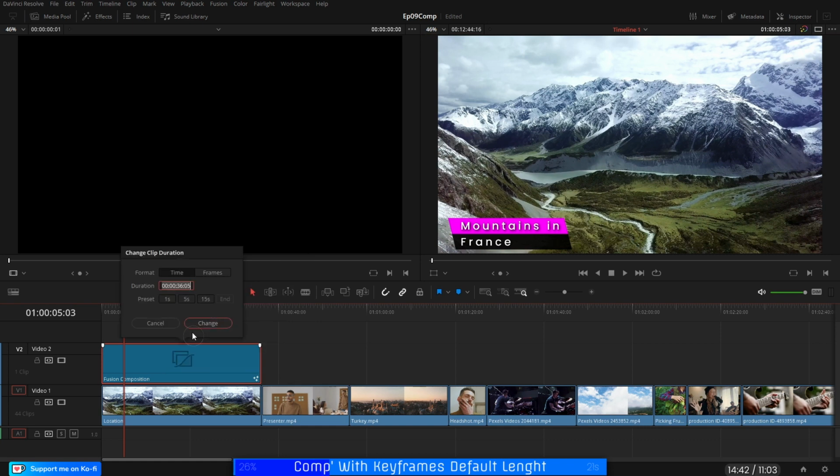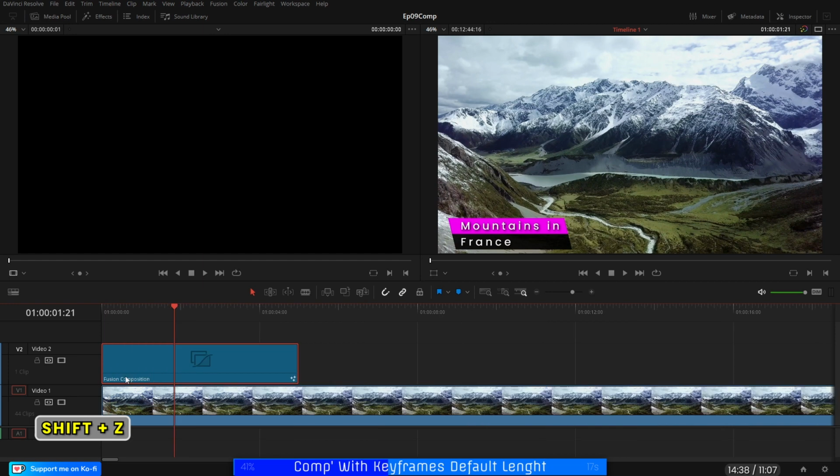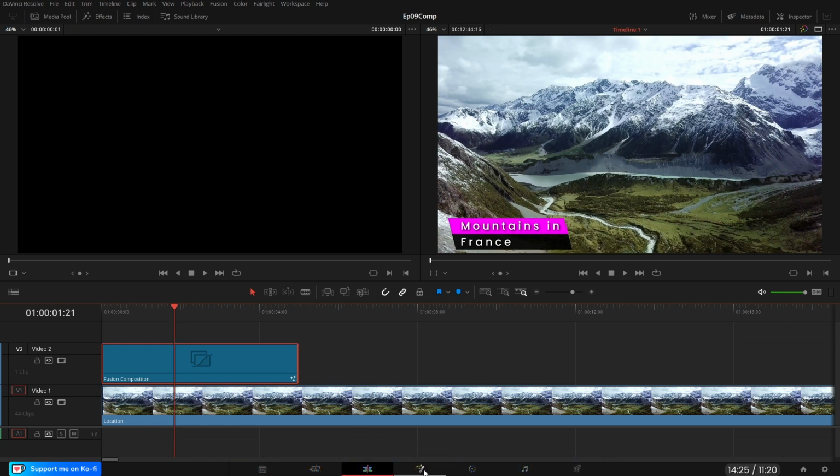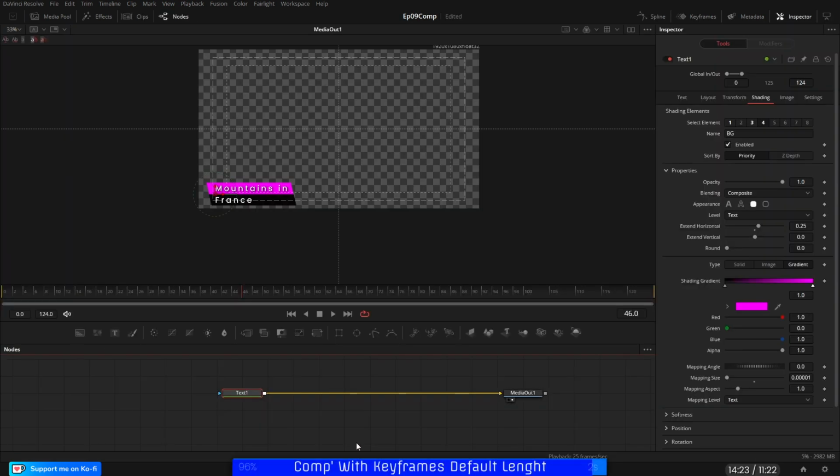So if I right click and change duration, and then select 5 and change, and just take it to 5 seconds. We're going to be using AnimCurves, so it doesn't matter what length, but if you send it to somebody, you want it to work. So I'm going to reduce this to 5 seconds because I'm now going to add some animation. With the playhead over the Fusion comp, I'm going to select Fusion, we go back into Fusion, and now we